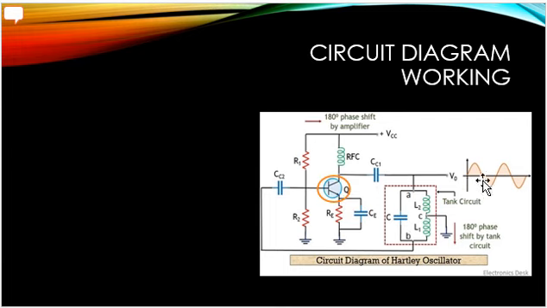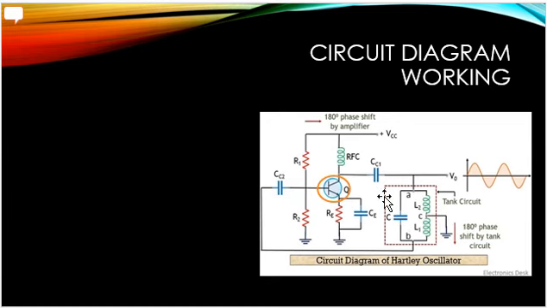Okay, and this wave is produced by the tank circuit. It will again reverse because of the transistor circuit, but the transistor is also an amplifier. So the function of the transistor used over here will be inversion as well as amplification. Okay, so that is one of the other points.